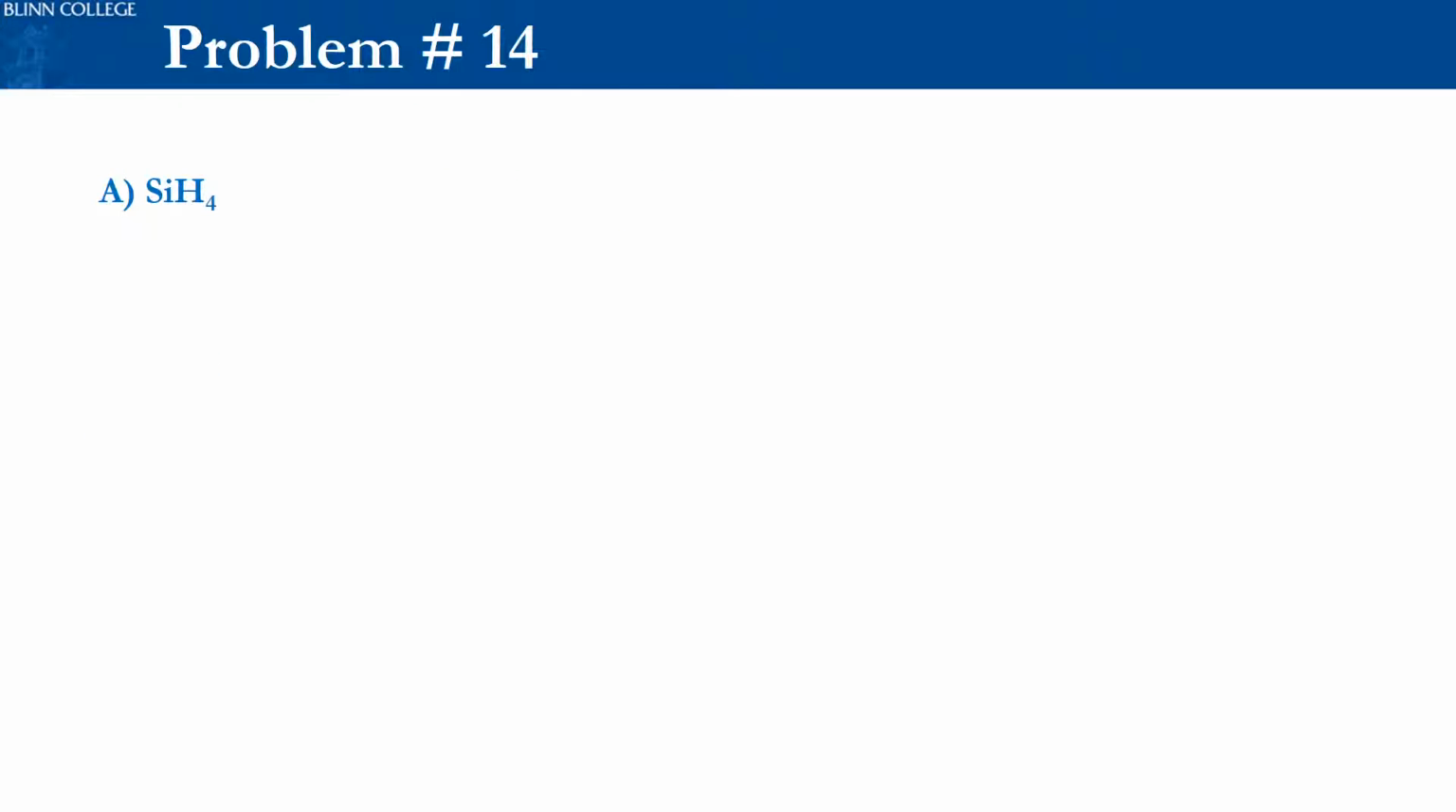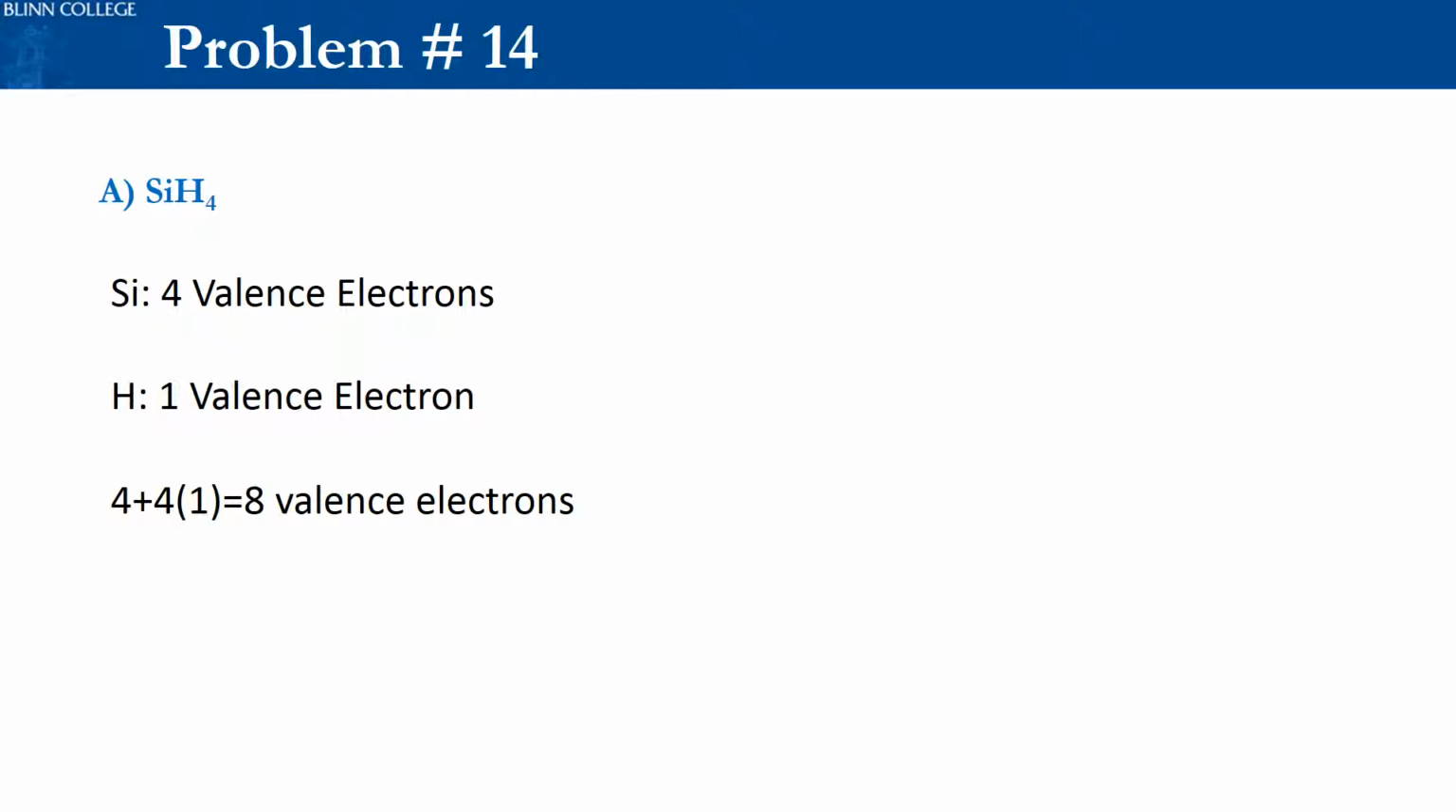Part A, silicon tetrahydride. We will start by drawing the Lewis structure model. To do that, we need to first determine how many valence electrons it has. Silicon has 4 valence electrons and hydrogen has 1 valence electron. To get the total number of valence electrons, we add them together. So we do 4 plus 4 times 1 because we have 4 hydrogen atoms, which gives us a total of